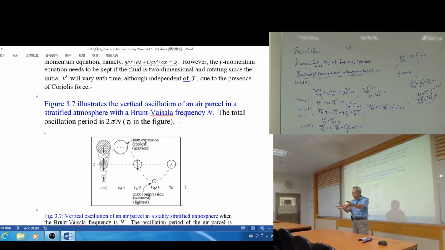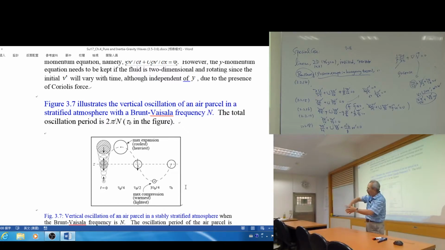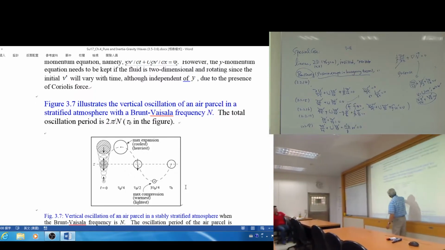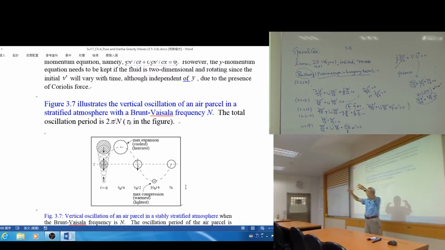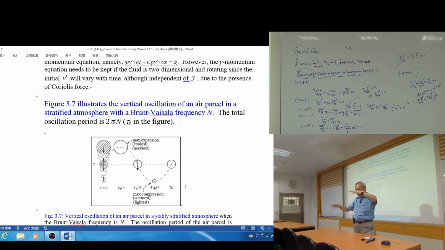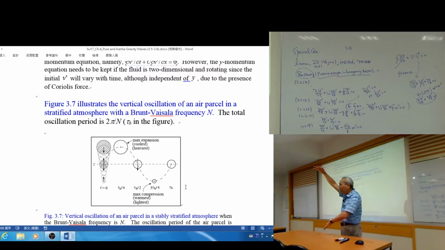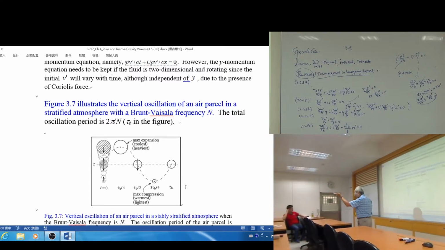You push it up like an air parcel being forced up by a mountain, or forced by a surface front. If a surface front passes through, the air parcel will be pushed up. Once you push it up, it's going to expand, because of stratification: we have lower fluid at the bottom, and density decreases with height. Pressure will also decrease exponentially with height, because pressure is simply